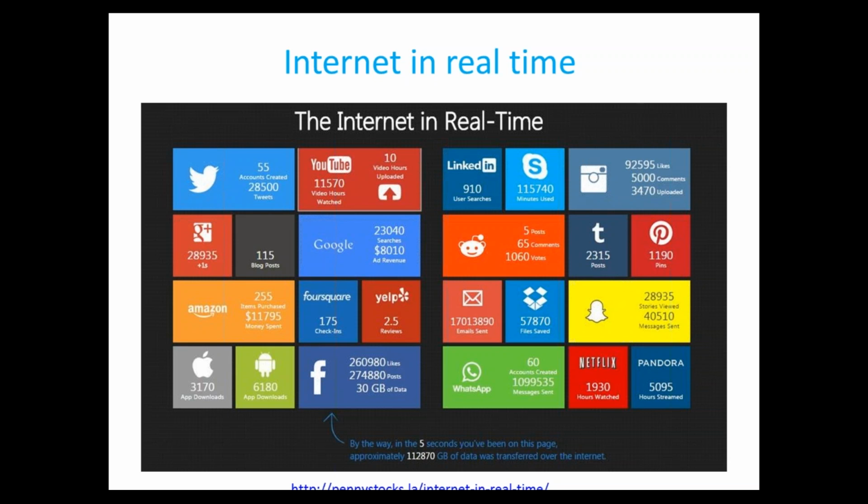We are doing online transactions. We are part of Facebook, LinkedIn, Twitter, and we are sending messages on WhatsApp. So ultimately, whatever activities you do over the internet, from early morning till late night, that is ultimately increasing the data. And how fast the data is being generated,